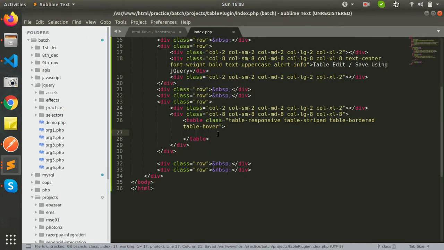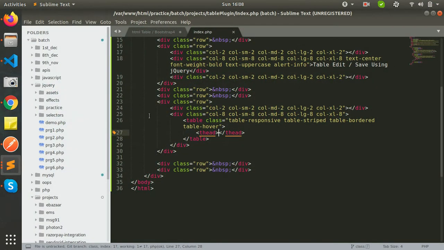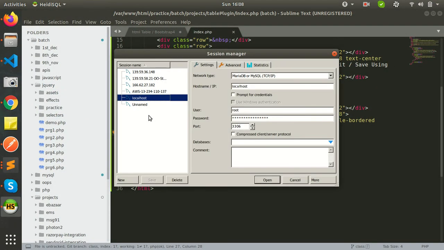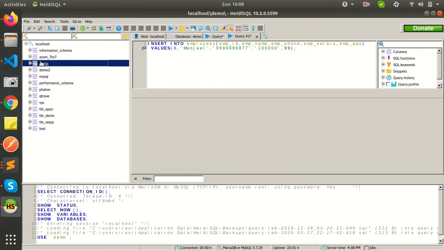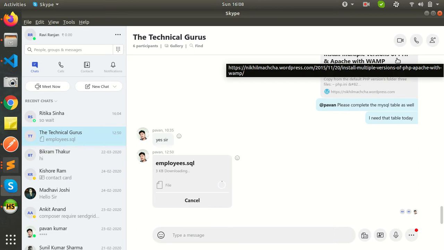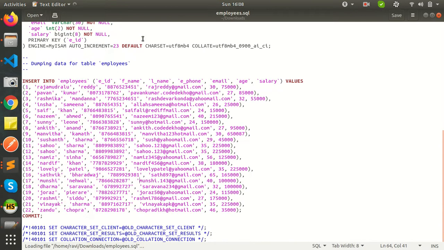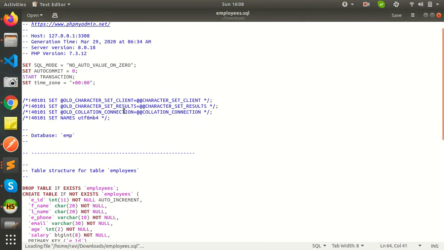So what we have to do now is the t-head. In this example, the MySQL database table we are going to use is our employee database. We are going to use the one named demo. Okay, so this is what we are going to use, and I think I am having a file for it. Let's take this out. This file will be helpful, then it will be good. Employees,